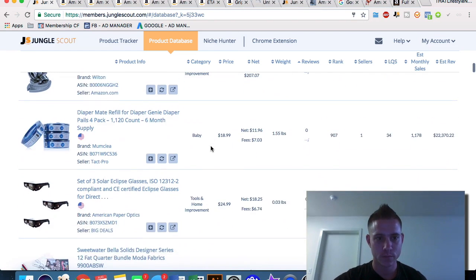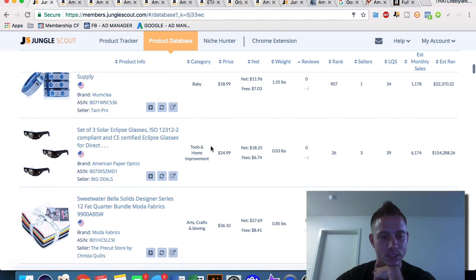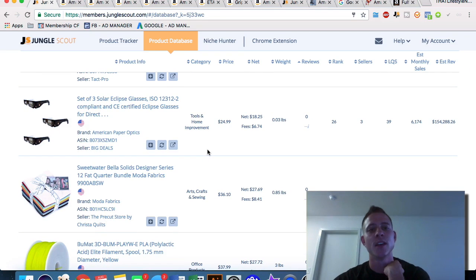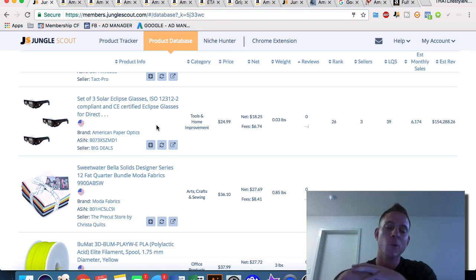Might be an interesting one. Diaper mate for refilled Diaper Genie. Sounds like a branded one. American Paper Optics, right? So this is a good example of a very event-driven or potentially seasonal, but more event-driven